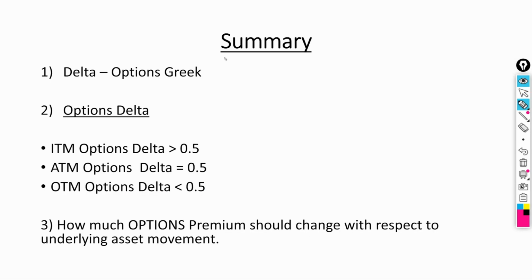Let us summarize what we learned so far. In the beginning, we learned what is meant by the delta of an option. Each option has a different delta value. In the money options have more delta compared to at the money and out of the money. In the money options have a delta greater than 0.5, at the money options have a delta of 0.5, and OTM options have a delta less than 0.5. And finally, we came to know how to calculate the change in the premium of the option when the underlying